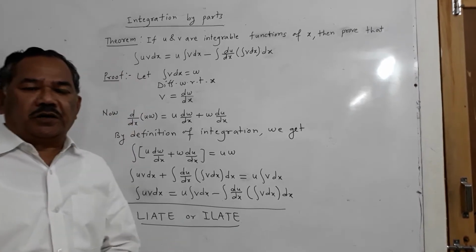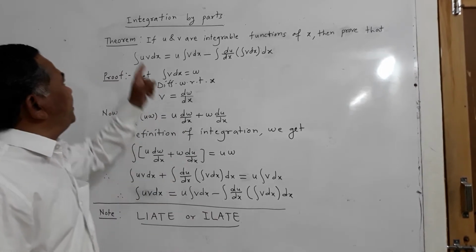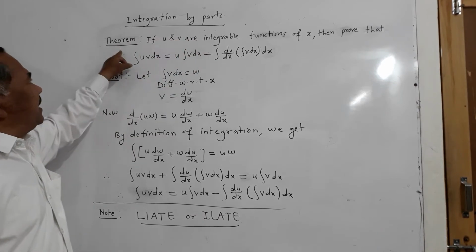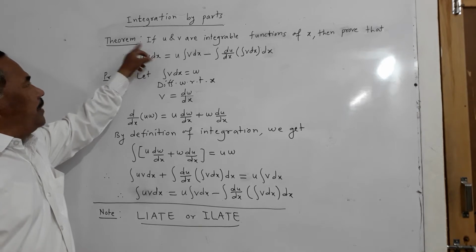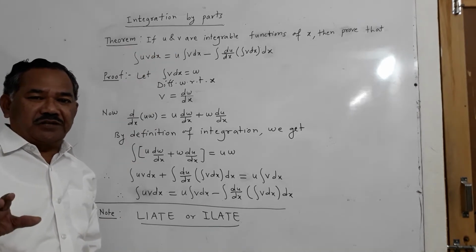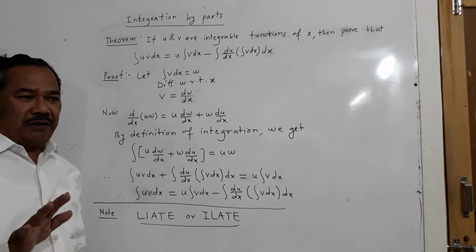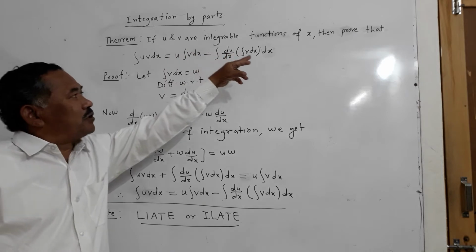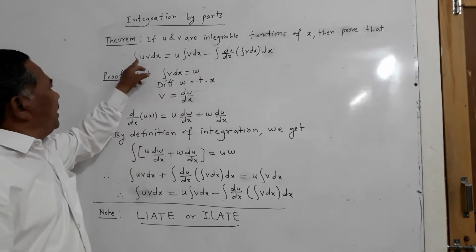Hello students, we have to learn integration by parts. Say this theorem. When we apply this theorem, if two different kinds of functions are present in multiplication, then we apply by parts. Remember. Therefore, here is the theorem. If u and v are integrable functions of x, then prove that integral of u into